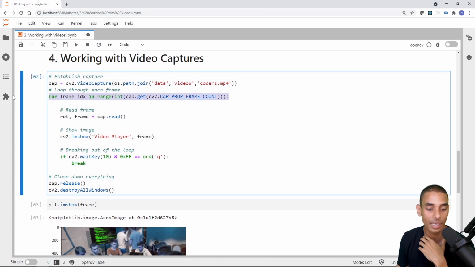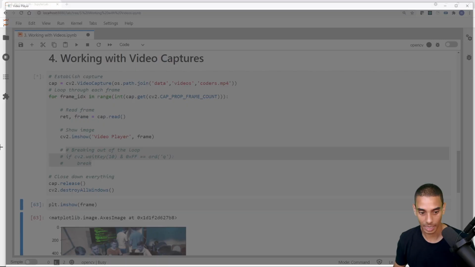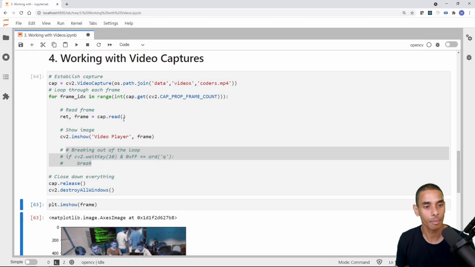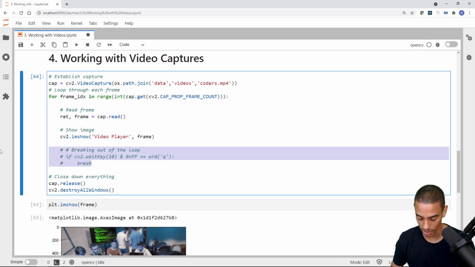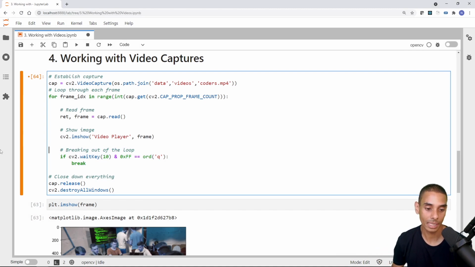So we're looping through every single frame. We are reading it. We're showing it. And then it's kind of weird that this wasn't playing without this. So if I actually comment this out, you can see we're just getting a gray screen. Might need to look into that. But basically, just throw that in. And in this particular case, it's going to allow us to render our video. So if I go and run this again,